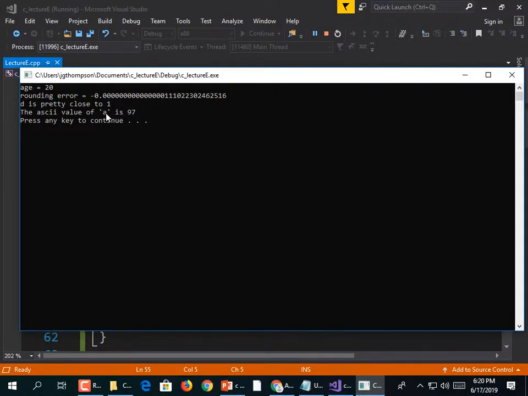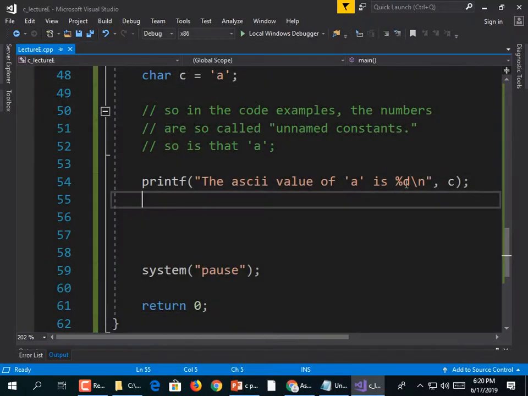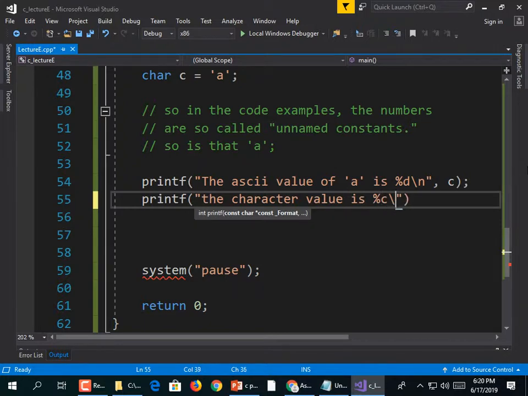Now usually if we have a letter, we really want to treat it as a letter. So there's another way of printing it. I believe it's %c to print out a character. Let's find out. printf("the character value is %c\n", c); And we could be putting spaces there to make it real clear what's going on, but it's not necessary. So it should say that the character value is lowercase a and that the ASCII value is